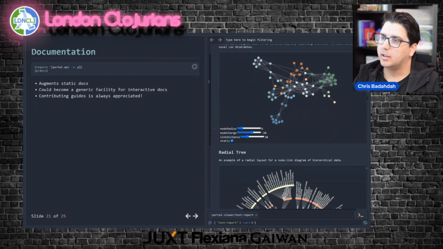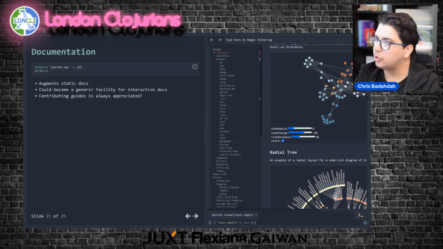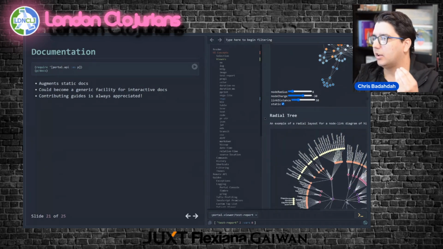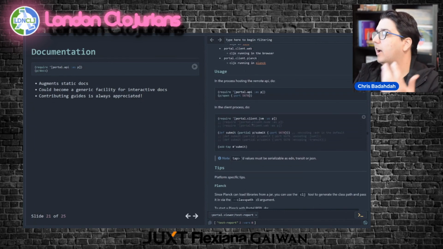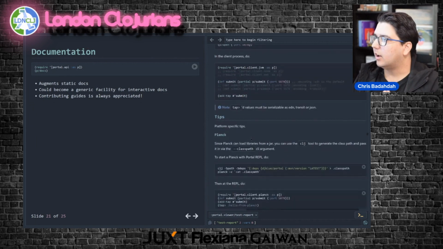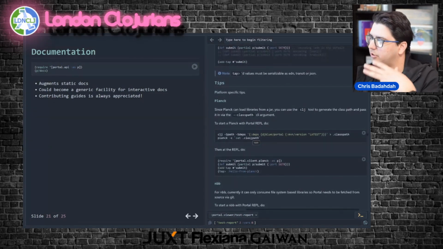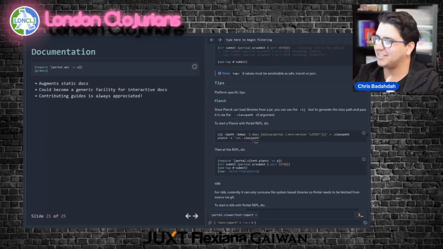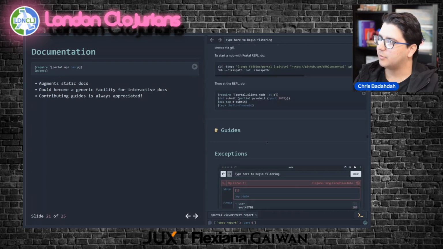One of the things I've been thinking about is it would be cool to do this generically, because currently this is specific to Portal. But I see a future where this could be generic and people could pull in guides for libraries and start running through an interactive guide, executing code and seeing what happens without even needing to fire up a REPL. Well, I guess they'd need to fire up the doc view somehow. But after they do that, they can just start evaluating code and start learning what this thing does.